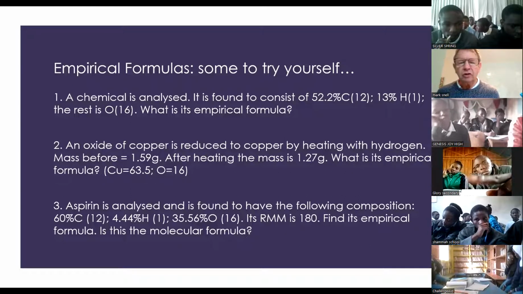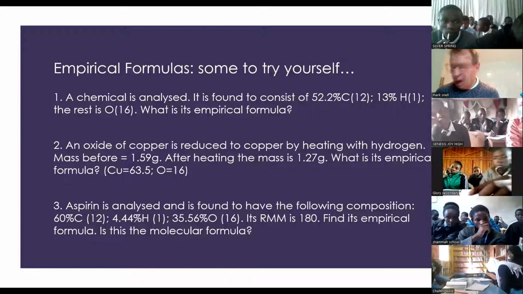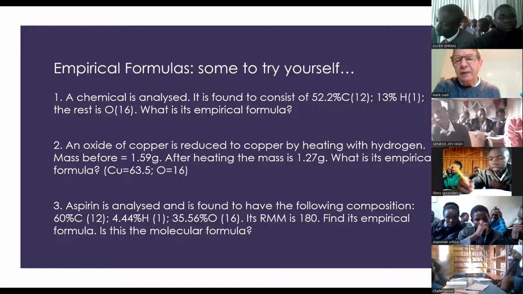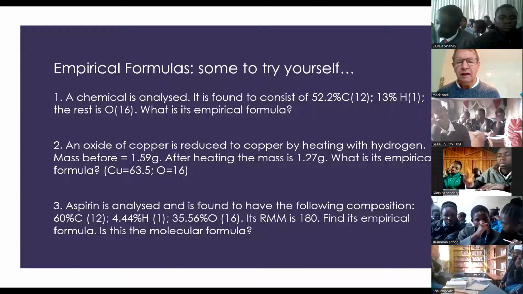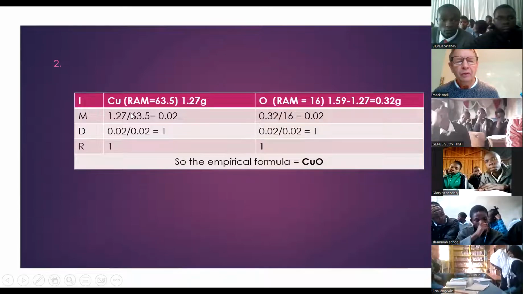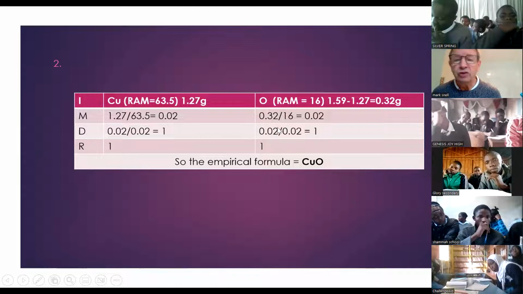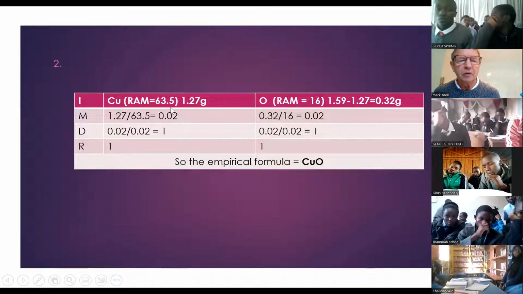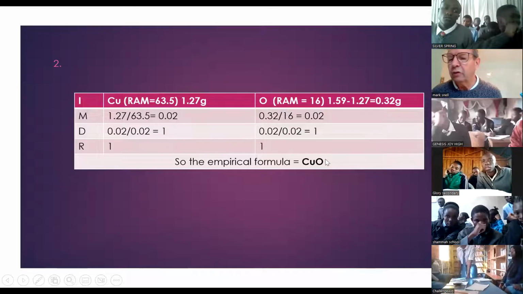You've got to recognize, you've got to see what they're doing in the question. So it's got the copper oxide 1.59. Afterwards, it's 1.27. That must be just the copper, which means we have 0.32 grams of oxygen. Okay, that's how it works. So here we are. So 1.27 grams of copper, 0.32, which was the mass which was removed. So it comes out as moles, comes out as 0.02 and 0.02, which is 1:1, which is CuO, copper 2